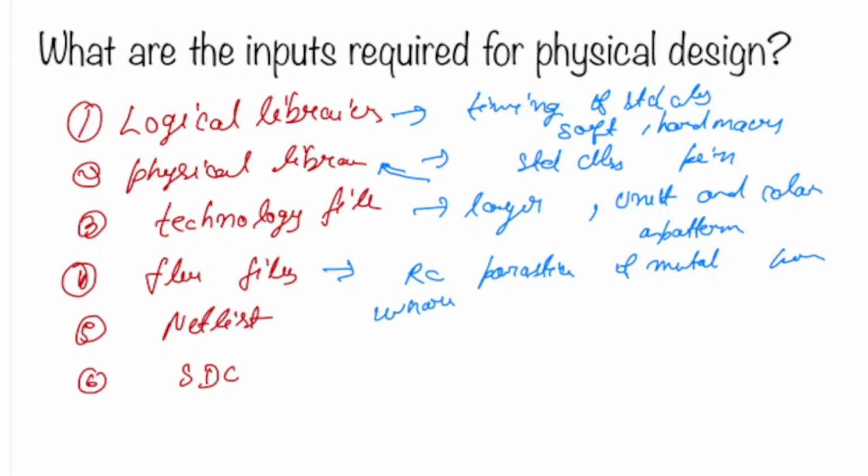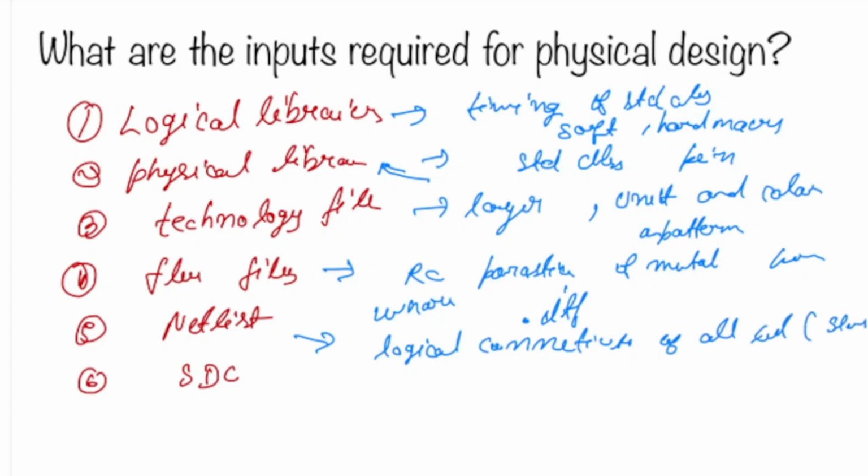What are the RC parasitics used for? If not given, we give the .itf file. And in the netlist, we have the logical connectivity of all cells,